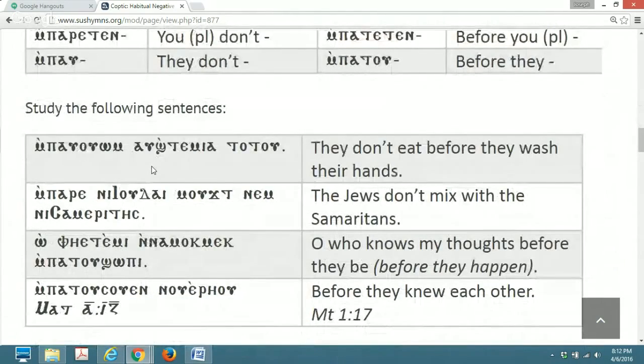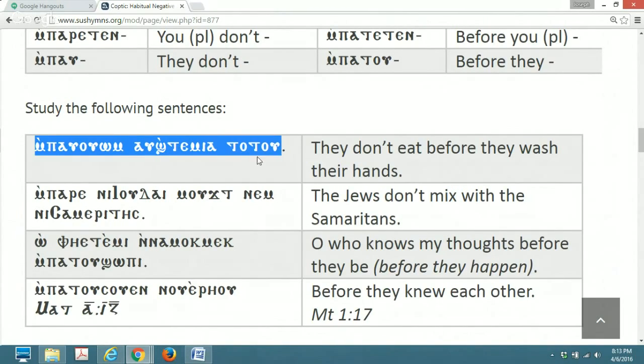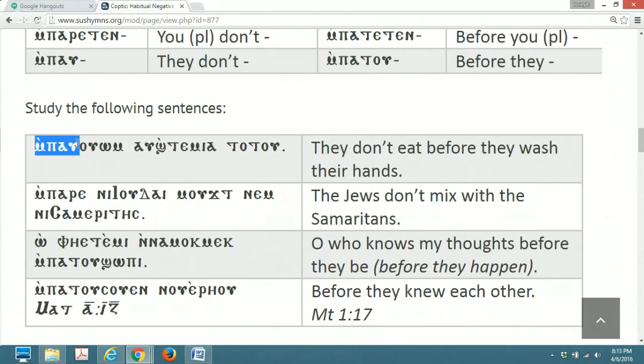So let's take some examples here that they've included in the book for us, okay? Empav of ishtim ya totu. Empav, so we just studied that. That's the negative of the habitual. Uum means to eat. So they habitually eat not. So they don't habitually eat. And again, you don't really translate the habitually, but it's just kind of understood in English that it means a habit or typical thing or an inherent truth, as we talked about. So you can say inherently or generally or habitually. They do not eat